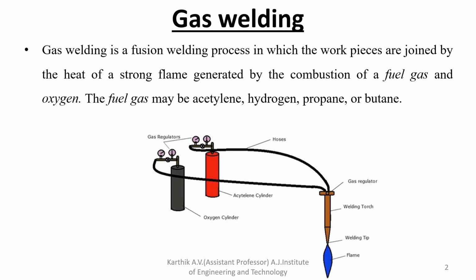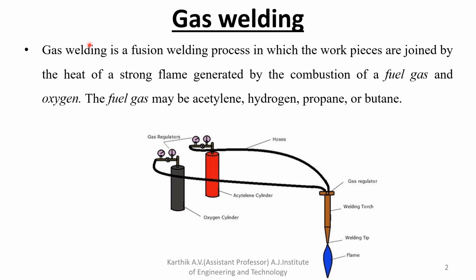So what is the gas welding process? It is similar to the brazing process. In brazing also we mix two different gases, and because of that it produces flames. That flame produces heat, and that heat melts the external filler material we have to supply. The melted filler material is deposited in between the workpieces and allowed to solidify. You will get a permanent joint. That is called the gas welding process.